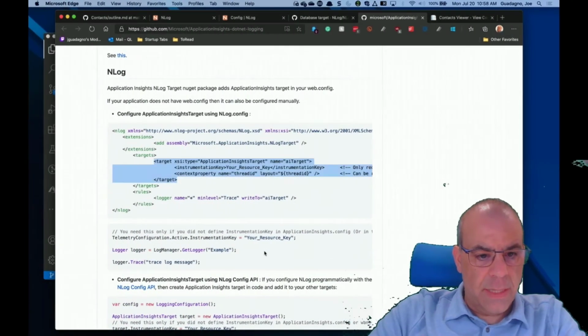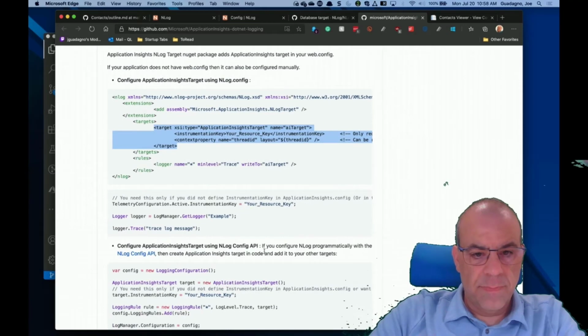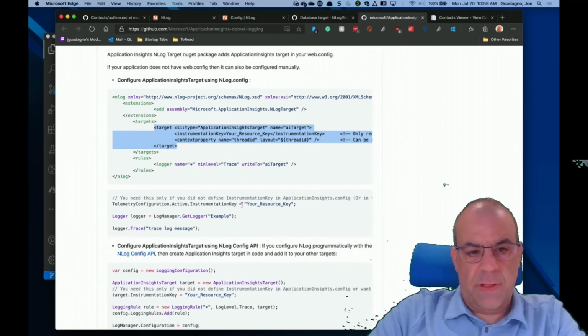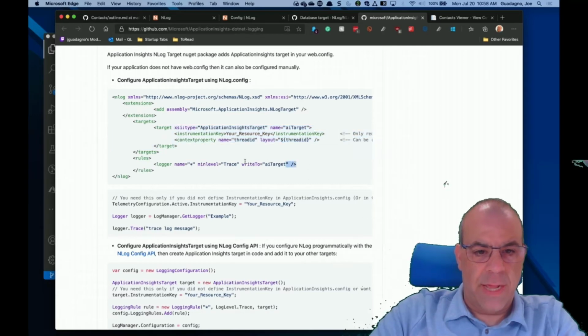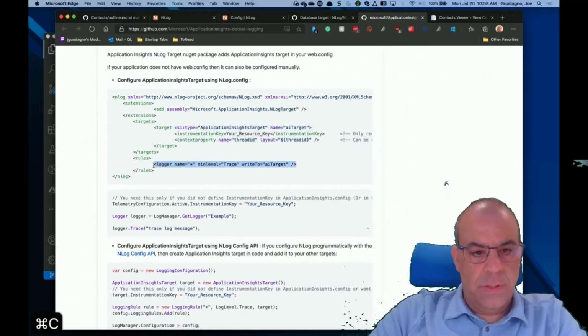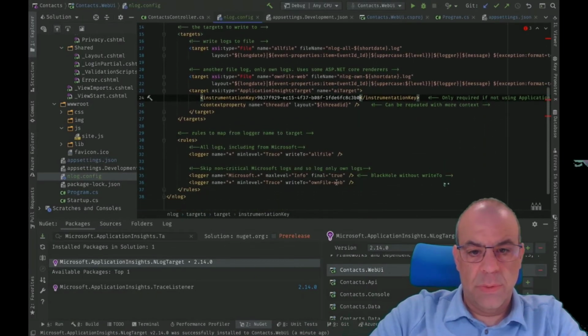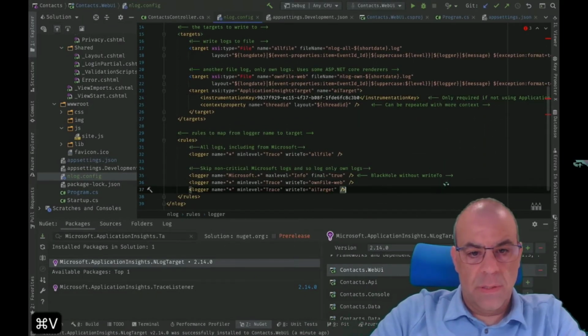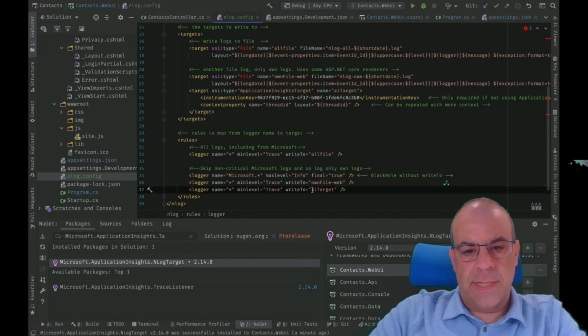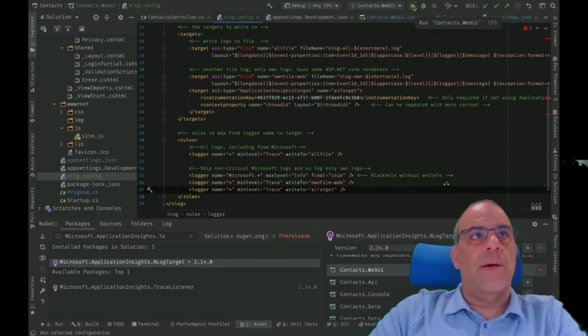And lastly, here. Another way we can do it in code. And let's add a rule to log minimum level to here. So this says everything else throw to the AI target, which is that new one. So now if we run it,